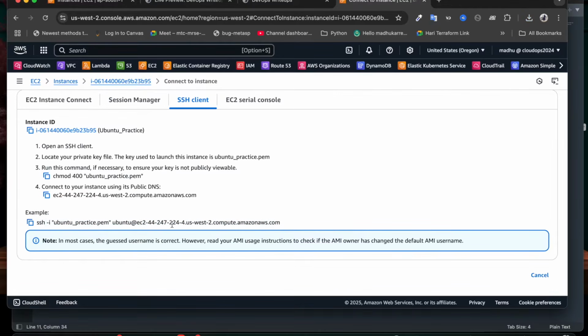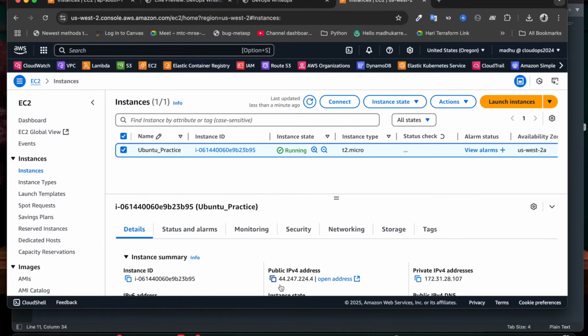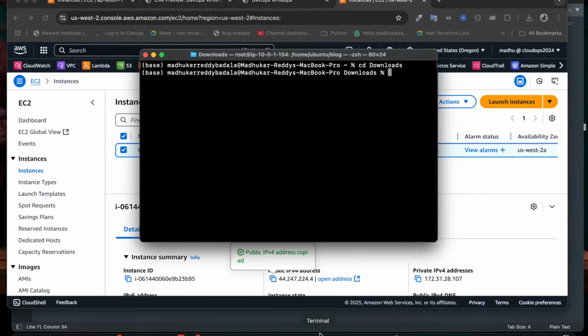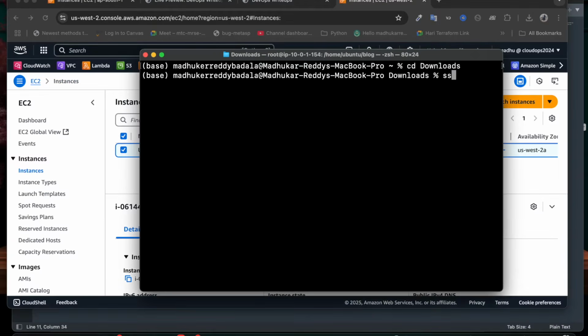Either you can use the IP address as well, so let's try with the IP address. Copy this IP address and run the command ssh space -i and give that key name. Press tab to autofill. Then the username is ubuntu and give the public IP.